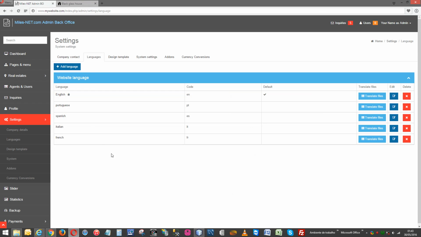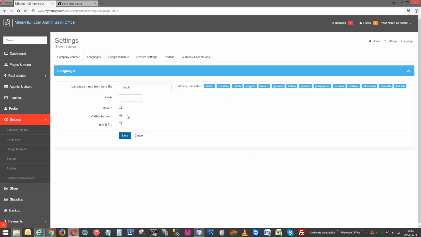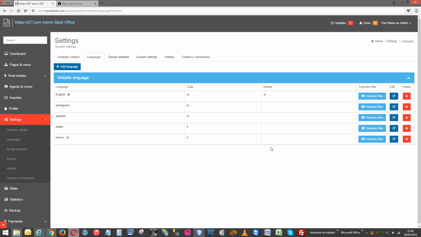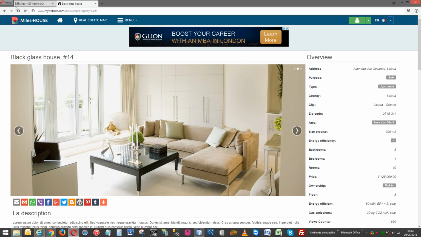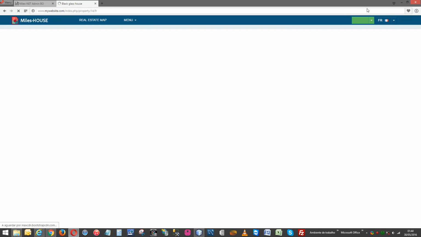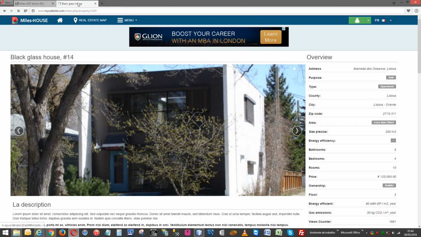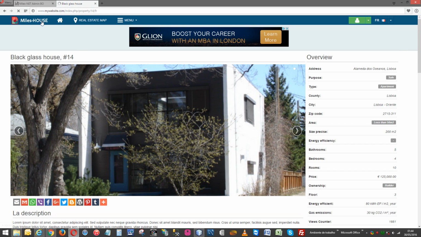So you can come here, and because this is not translated, you just hide it. Sorry, just put it not visible in menu. Okay, now you start doing the translations, you do your homework, you ask somebody, you get a team involved, you translate the files as quickly as possible. But while they are not translated, you have no problems because